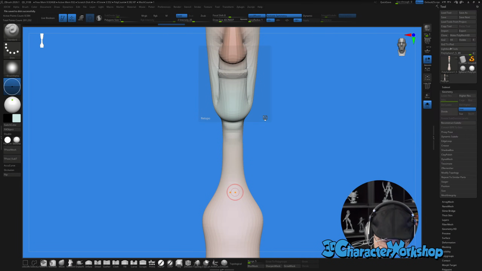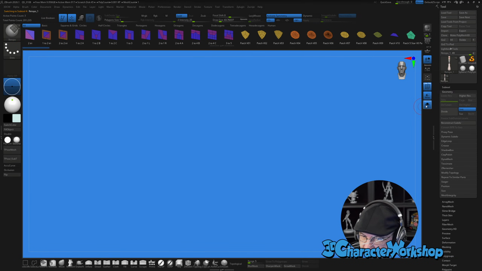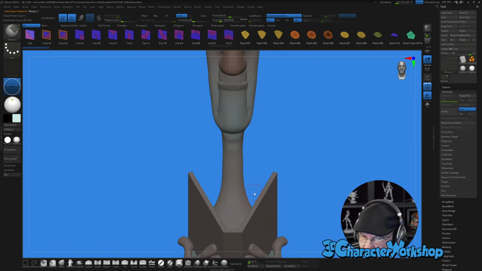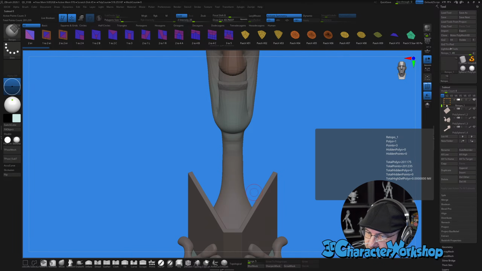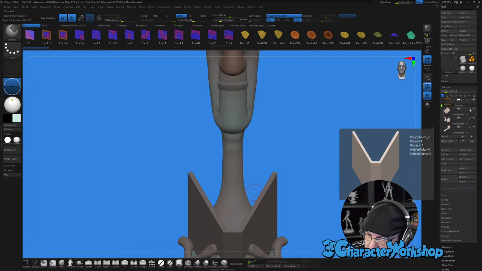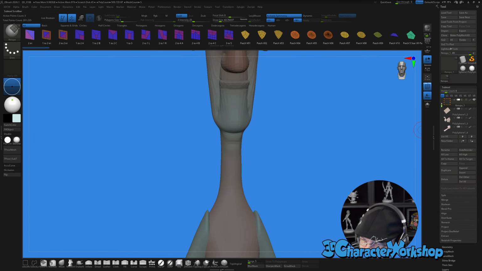BR Retop. Should give me a... Okay, I hit yes. Got to turn solo off. And when you make a retop mesh, it will put this orange checkered border around it, just so you know that it's your retop brush.